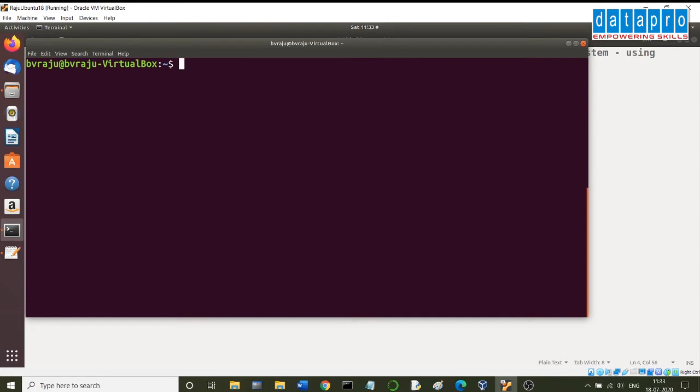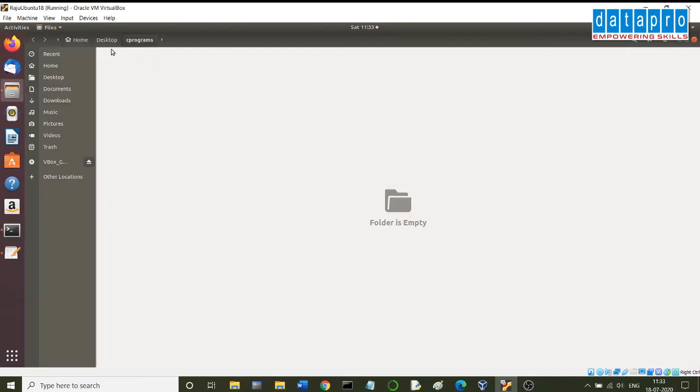I am saving the program on the desktop, where I have created a folder. Let me show you that folder. On the desktop I have a folder named C programs. I am going to save the program in the C programs folder on the desktop.